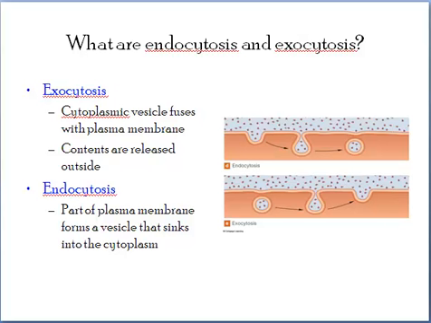Some more terms to look into: endocytosis and exocytosis. Endocytosis and exocytosis are two processes by which particles can be taken in through the plasma membrane. Pretty much you can see in image A how the particles concentrate around the plasma membrane, and they have formed a sort of pit over here, and this pit starts sinking in and becomes an invagination,